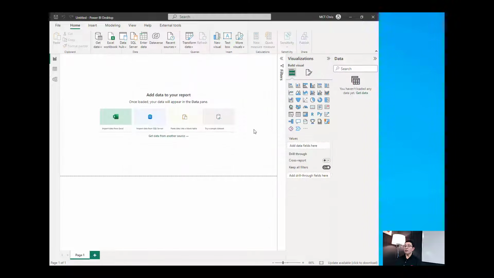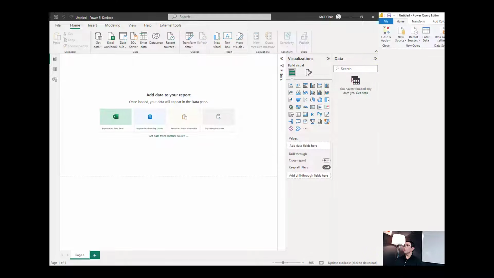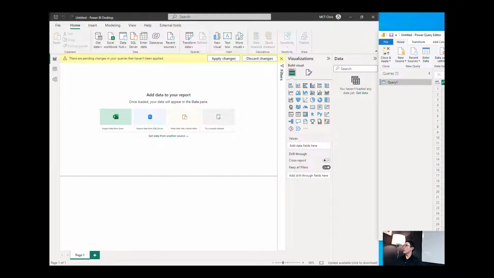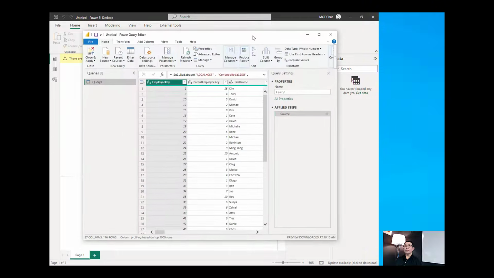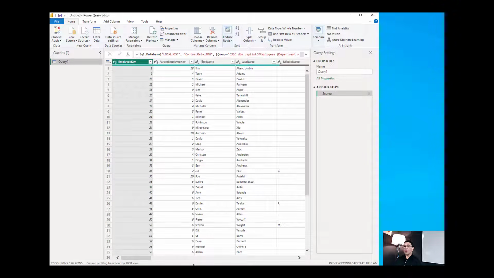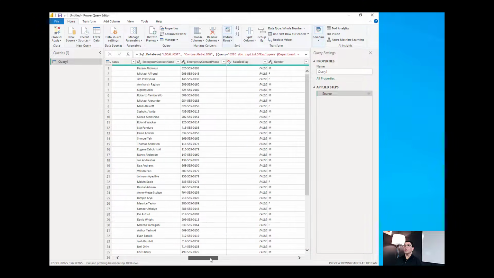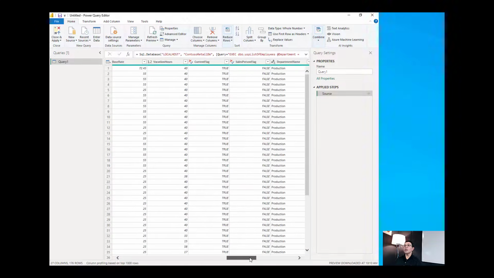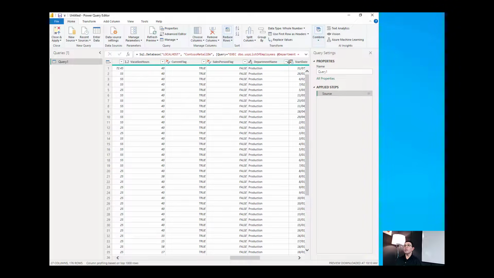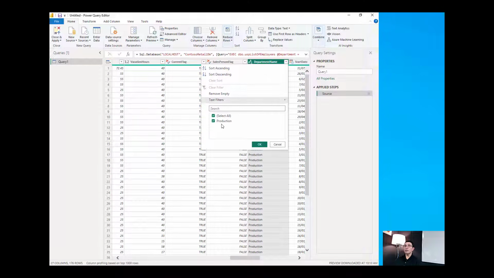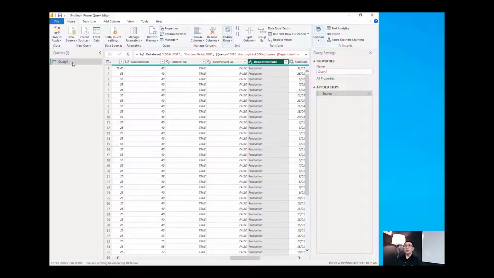I'm going to hit the transform data so that we will be redirected to the Power Query Editor. And you can see in the Power Query Editor, if I will just go into the department, it is just listing the employees from the production department. We're going to rename this query to be employees,